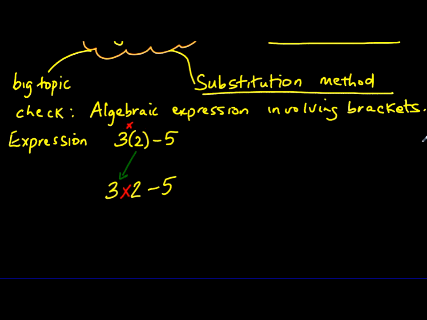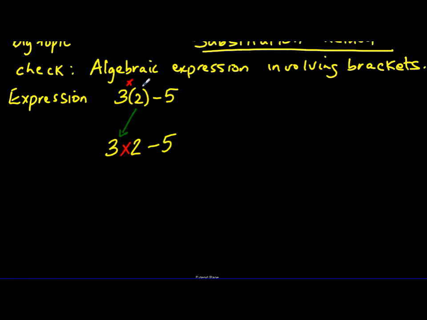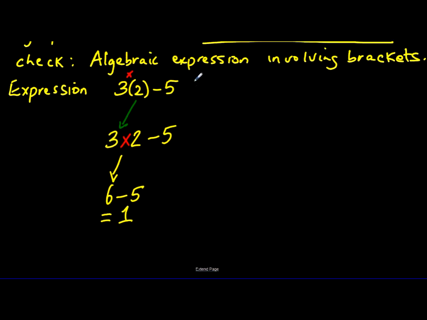So that's the most important thing that we need to remember, is that when we have a number and a bracket next to the number, then there is an invisible multiplication sign there. So this is the same as saying 3 times 2 minus 5, which of course gives us 6. 3 times 2 is 6, minus 5, which gives us 1. Okay, so that's the first example. So if we look at another example,